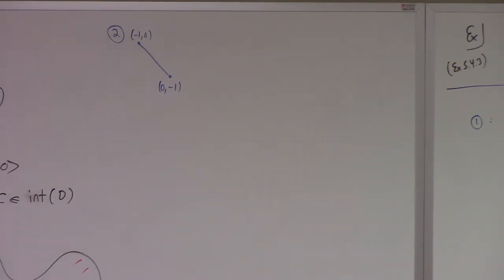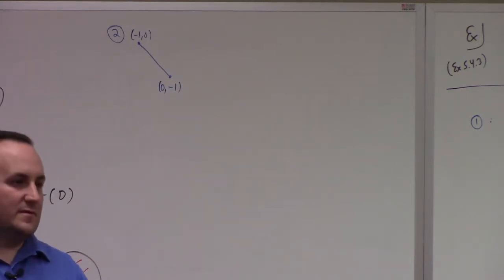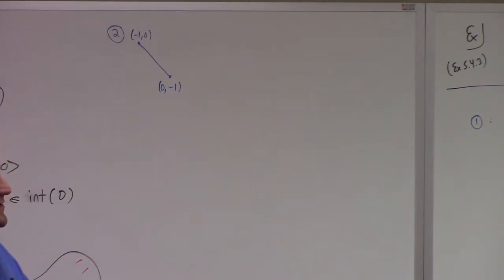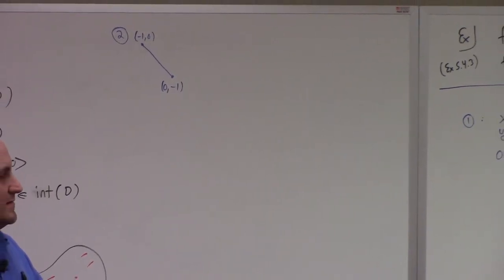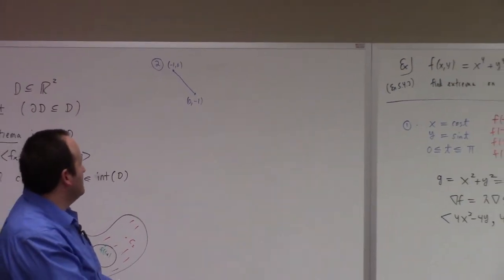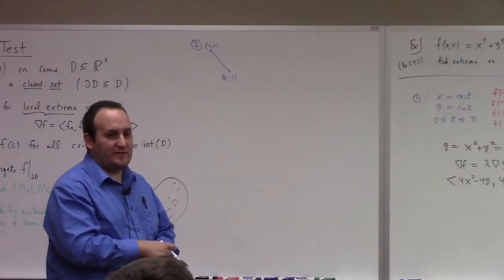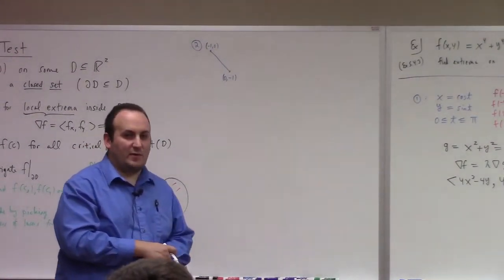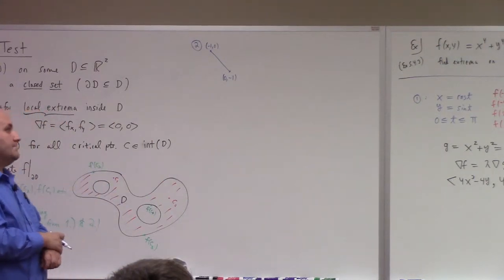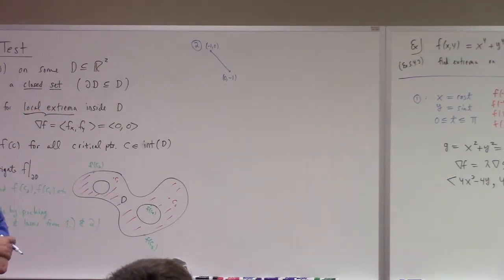So I think Lagrange multipliers is not a great method for 2. I could be wrong. How do you get a line from Lagrange multipliers? What would you do? I guess you could run Lagrange multipliers on, you need y equals minus x, right? So you'd have to run Lagrange multipliers with your constraint being like y plus x equals minus 1 or something like that. I mean, you could do that, but I typically,